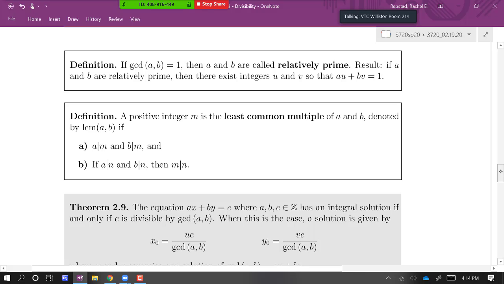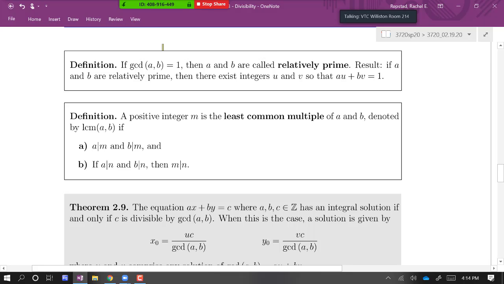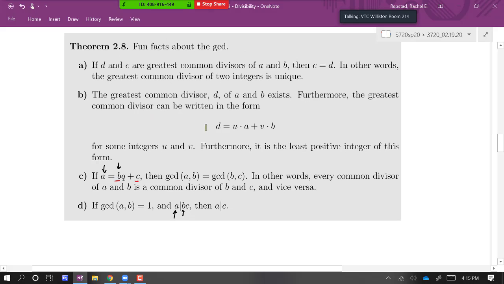Now, if two integers are relatively prime, if they have nothing in common other than 1, then there exist integers u and v such that a times u plus b times v is equal to 1. This is just a restatement of this part here, where we looked at 150 and 120, and we said we could write their greatest common divisor, which is 30, as a linear combination. So of special importance is if you have numbers that are relatively prime, that means you can write 1 as a linear combination of those two numbers, and in number theory, that's actually an interesting and useful result.